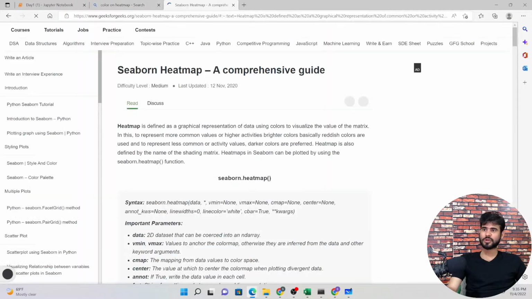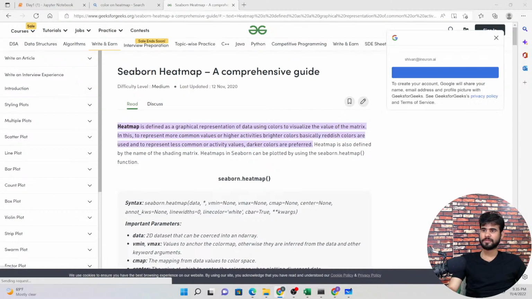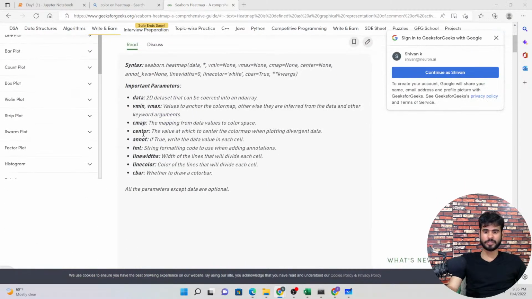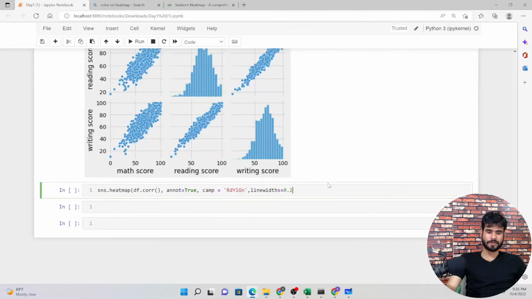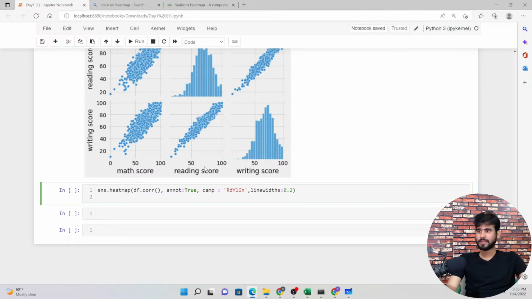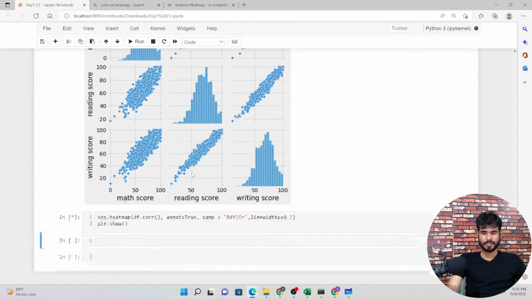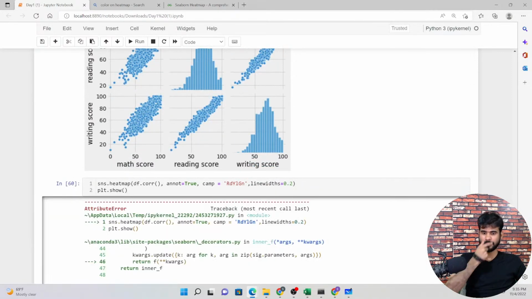See, you can just do googling and check it out whenever you face any issue, because right now I don't remember the cmap. Okay, got it. Let me define this one, and then plt.show. If we get an issue, we resolve it, simple.